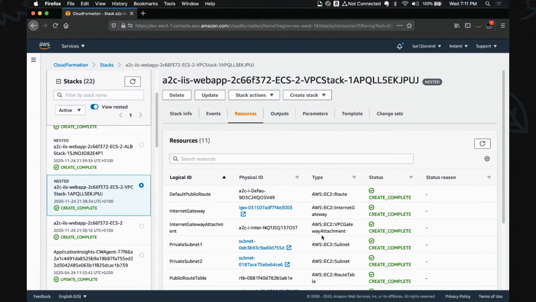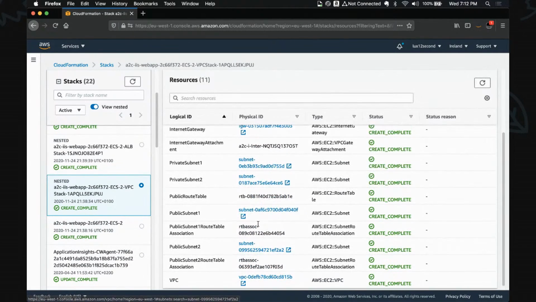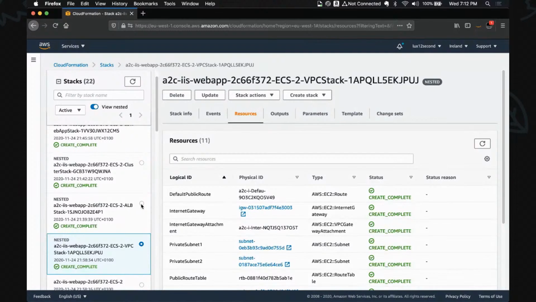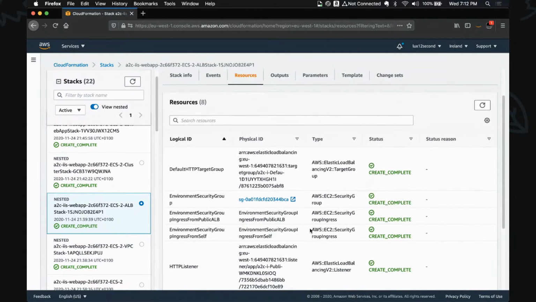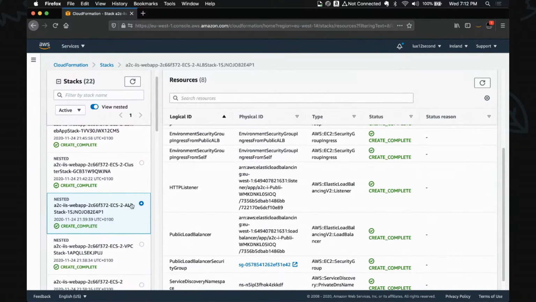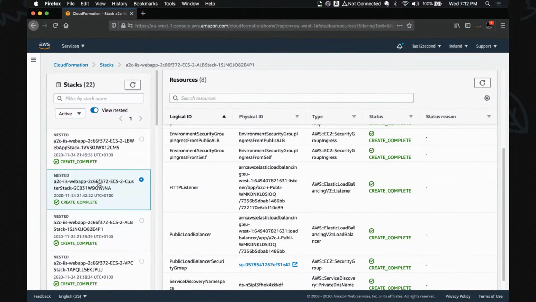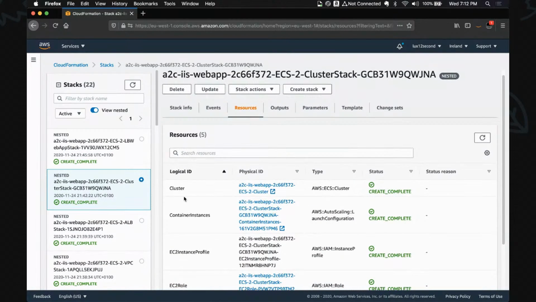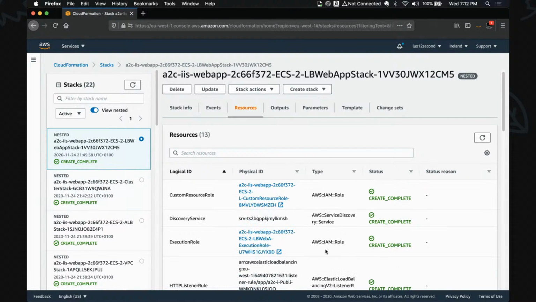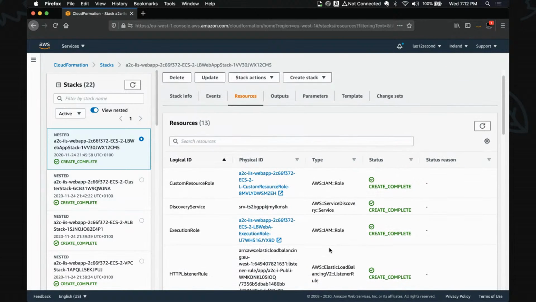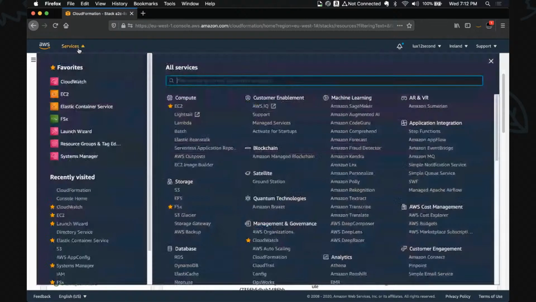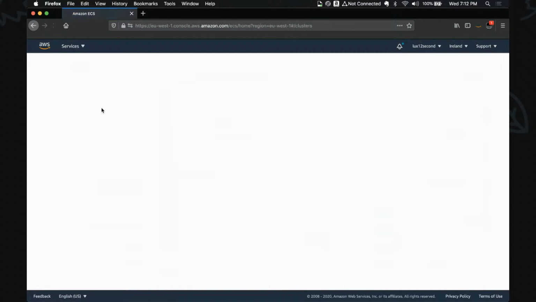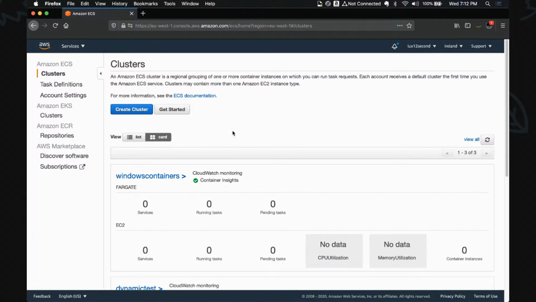One of them, for example, this one, creates the subnets and the networks where it will deploy the application. Another one deploys the load balancer and creates a listener. We are also placing a load balancer in front of it. And then another one creates the ECS cluster, and then everything is deployed and the application discovery service is triggered, etc. So let's go back and check the Elastic Container Service side, because I ran that CloudFormation template and the application is migrated using the same settings. I just did it before this session.